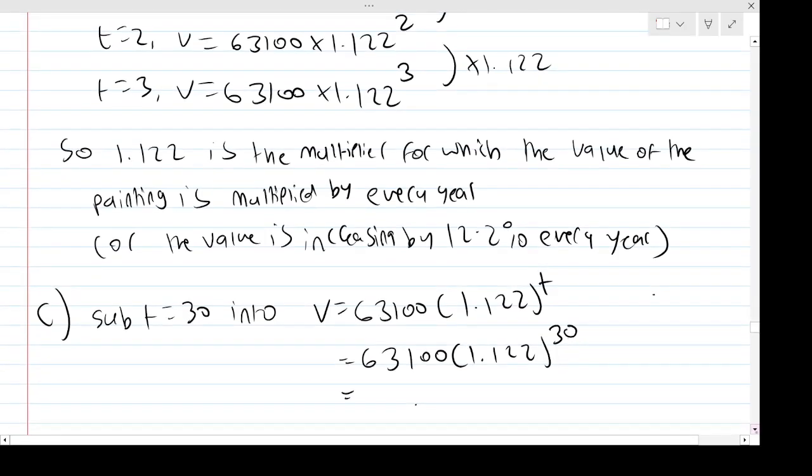And if we just put that in the calculator, we get 1,994,278.043. Okay, that's the exact number. So 1,994,278. So that's my exact number, but